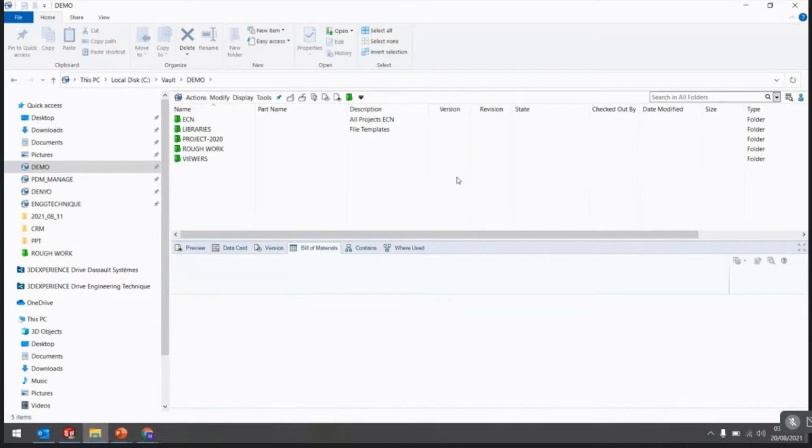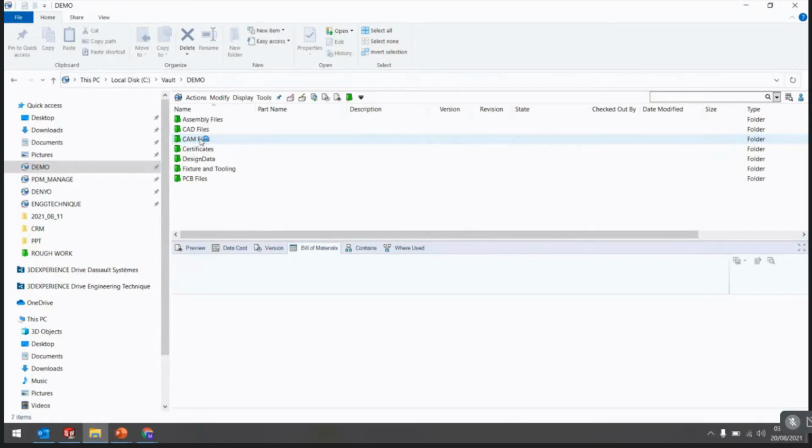Let's see the overview, what it is, right? So a green color folder indicates you are working online, right? And normally in Windows, we see the folder indicated in yellow color, right?